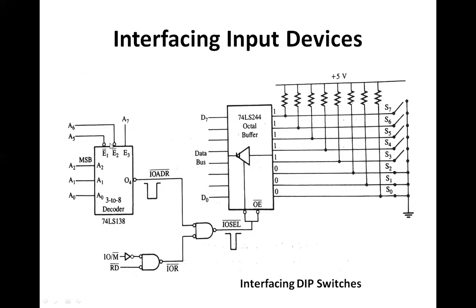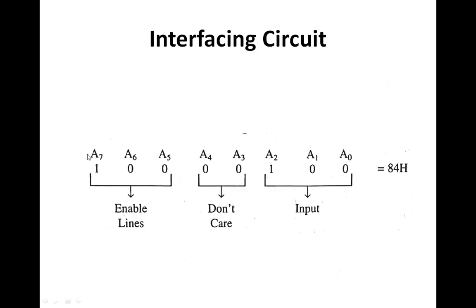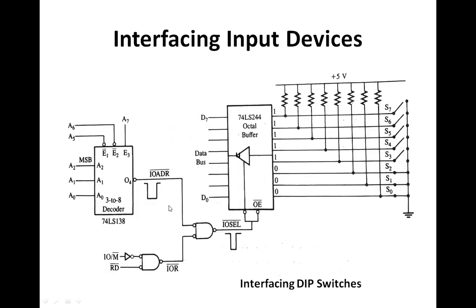A6, A5 is 0. A4 and A3 are in the don't care condition, so A4 and A3 are also 0. But since A2, A1, A0 can take different values, O4 is connected, so O4 is going to signify 1, 0, 0 to that address, because the first